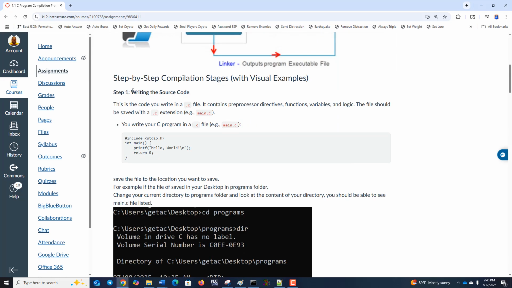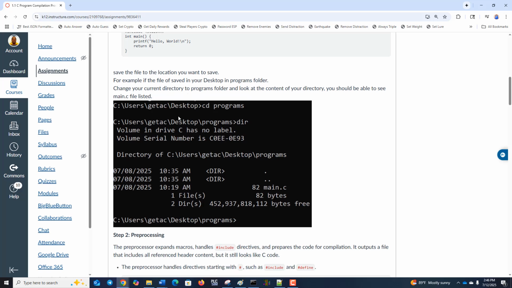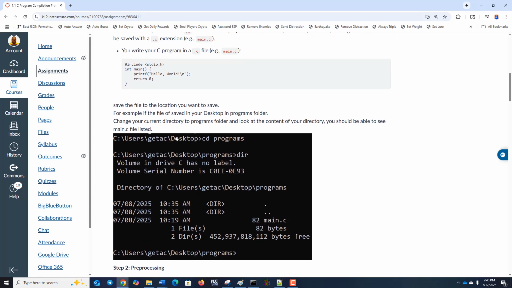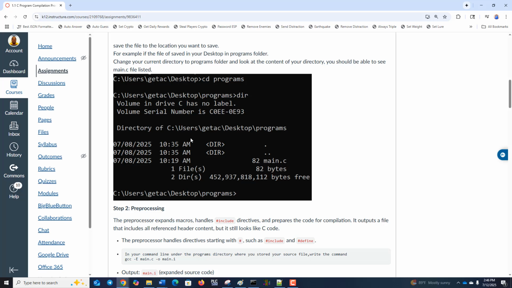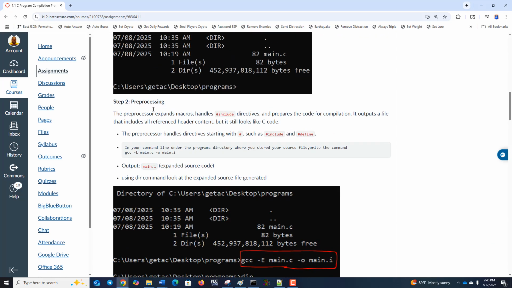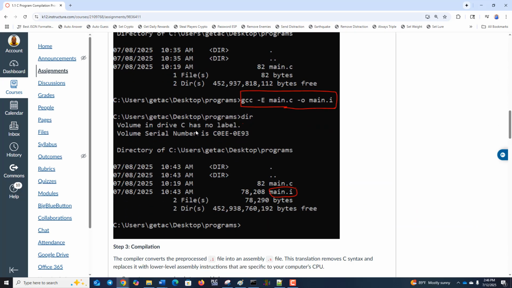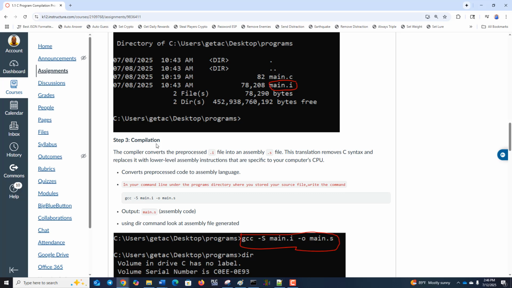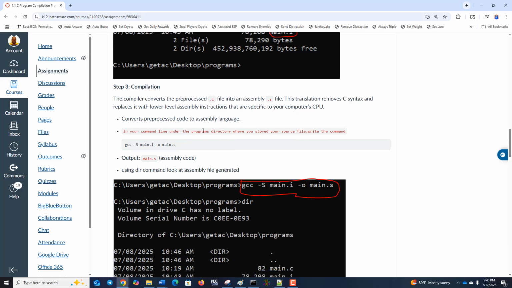Okay, in step 1, we write our source code. In step 2, we are going to do pre-processing. In this step, all the pre-processor directives are going to be attached to our file. In step 3, compilation is going to happen. In this step, the pre-processed file, which has a .i extension, is going to be assembled into an assembly code. Okay, and then